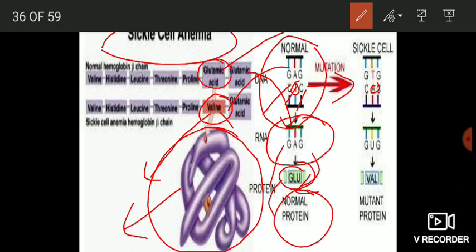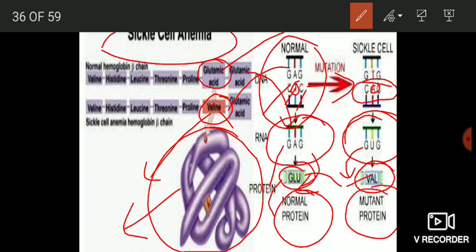Okay, but in some individuals which have a mutated version of this gene, this nucleotide triplet in DNA will not transcribe into GAG. Instead it will form GUG in mRNA. Okay, and this GUG codes for the amino acid valine. It codes for amino acid valine, याद रखना. And because of the replacement of glutamic acid by valine, you have a mutant version of the protein, and this mutant version of the protein is abnormal. It does not function normally. Okay, actually what happens is the mutated version of the protein crystallizes in absence of oxygen. When there is a low oxygen concentration, the protein crystallizes, and because of its crystallization, the RBCs assume the shape of a sickle. They become sickle shaped. Okay,